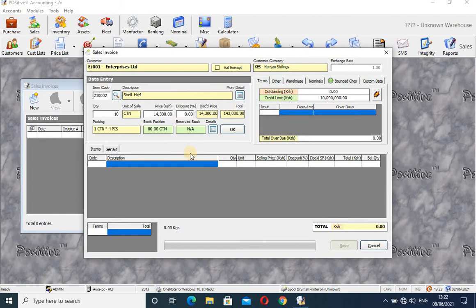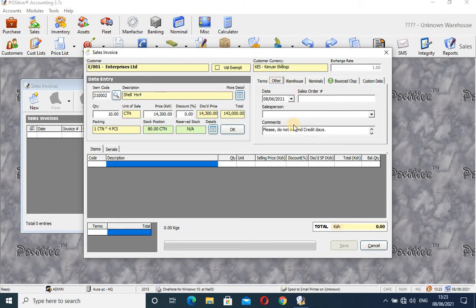So you can see here when I'm doing this, you are able also to define the terms of this customer. You can see the outstanding. He has none. Credit limit, he has this limit. So this is a new customer that has nothing. And then here you can define who is the salesperson. You can select the salesperson. That is, if it is attached to the HR module, you're able to scroll down and select the salesperson here,